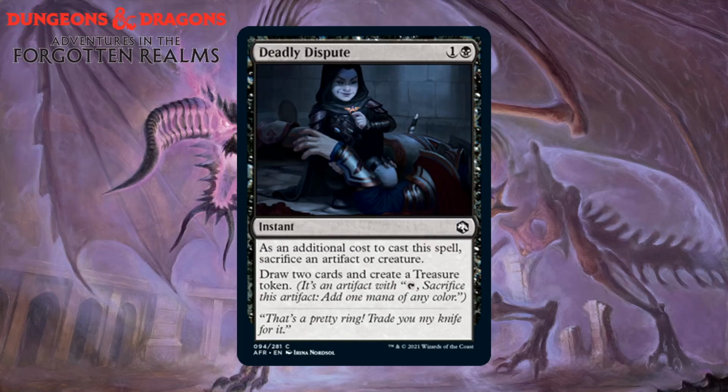Next up, it's Deadly Dispute, which for 1 generic and a black is a common instant, and it says, as an additional cost to cast this spell, sacrifice an artifact or a creature, draw 2 cards, and create a treasure token. So, if you've watched my past reviews, you know I usually give something like Village Rites like a D+. It's not something you usually play, but it can sort of work out for you sometimes. But I think in this particular format, a Village Rites-like effect is going to be pretty good, and that's largely because of the prevalence of Treasure, which is going to be the Black-Red deck's theme, and that'll make this considerably